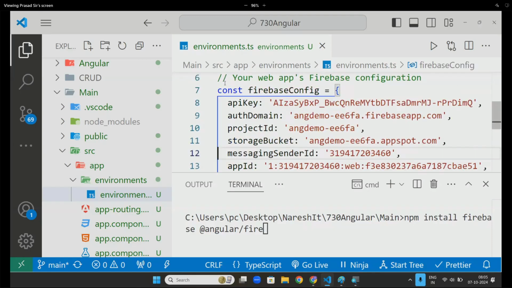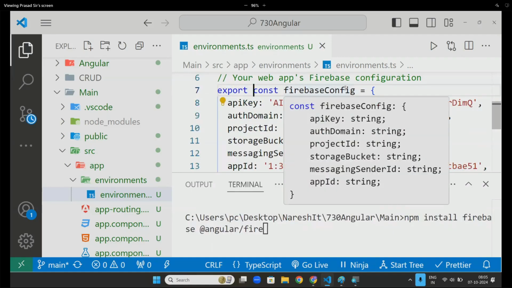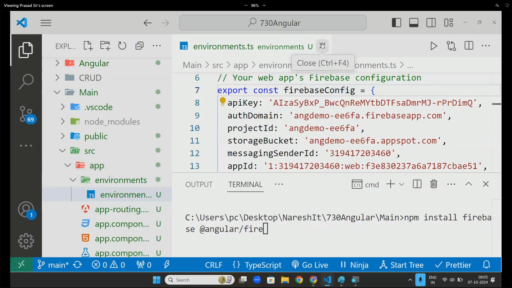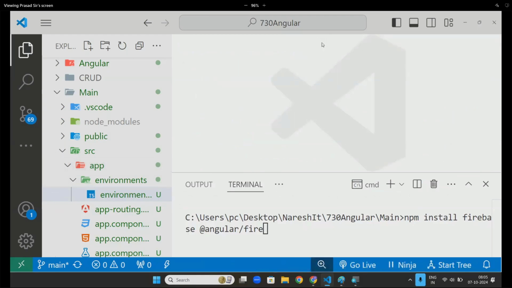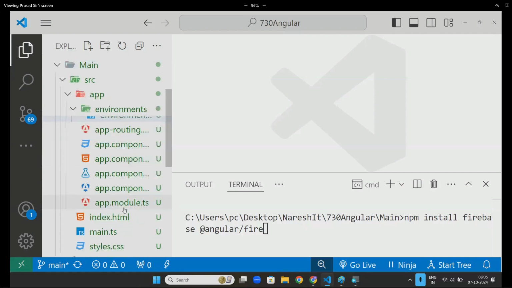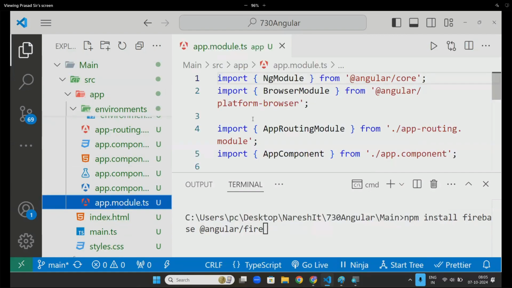And I will write it here: export const firebaseConfig. Now after this, go to the main guy. The main guy whom you will tell everything is this Firebase module. Now tell this module guy,